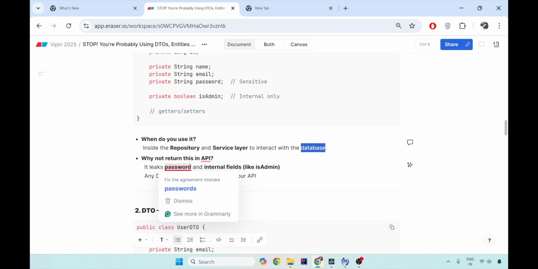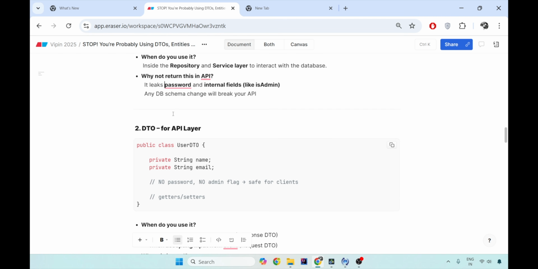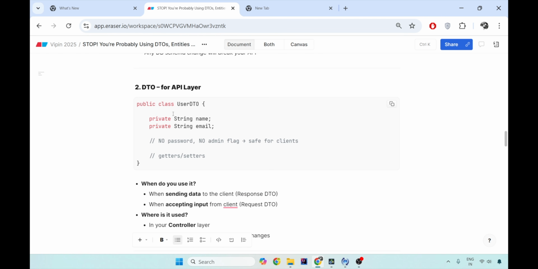You do not have to return this to your controller because it will leak your information like the role and the hashed password to the UI or the client, which is not good. Also, if you do that, any change to your entity will break your front-end application. Whenever you change any column in your table, the front-end developer has to change his contract, which is not a good thing to do in an enterprise-level application.